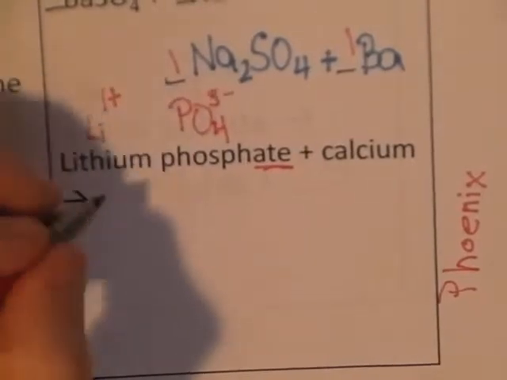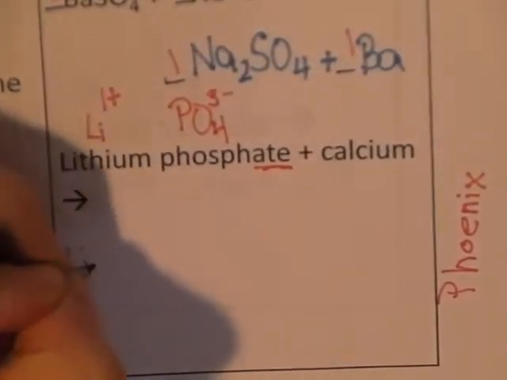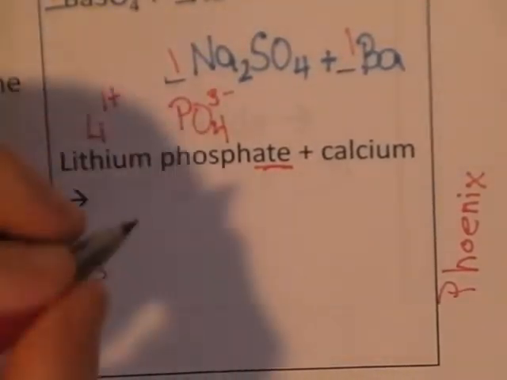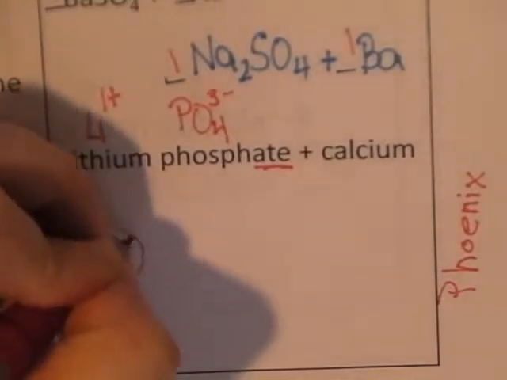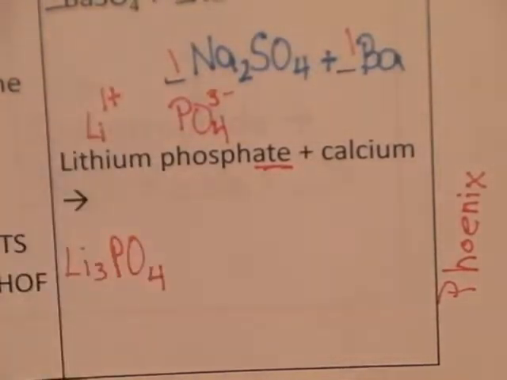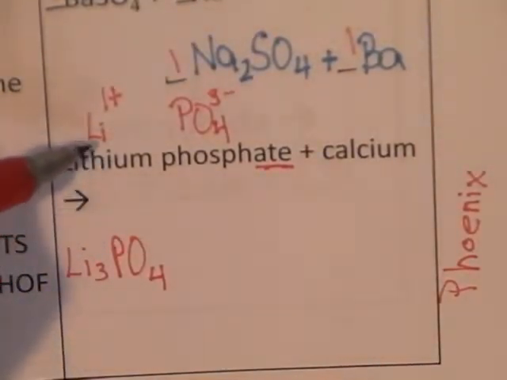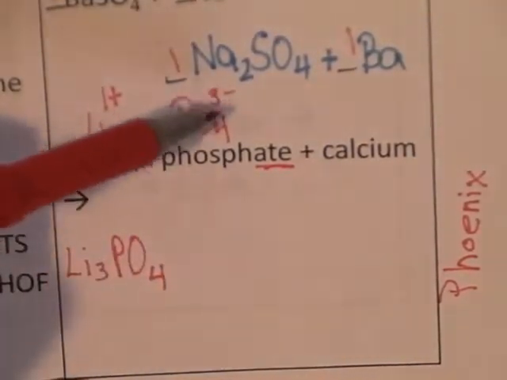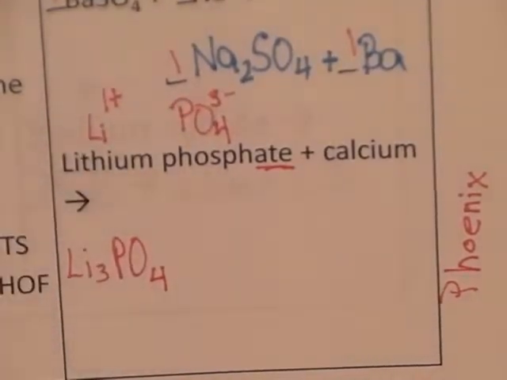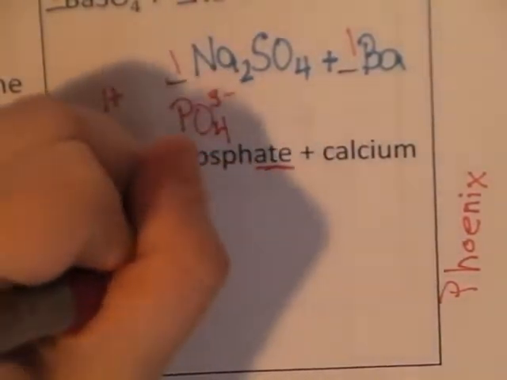So we're going to cross those over. So we've got Li3PO4, right? The 1 goes to the phosphate, so we don't write anything. The 3 goes to the lithium, so it's Li3. All right, plus